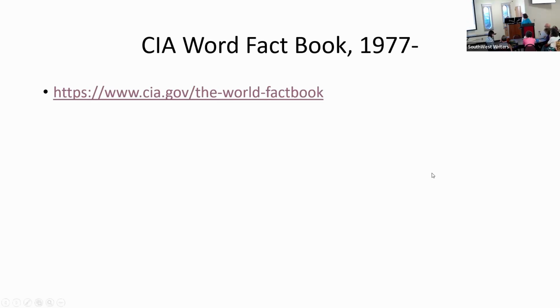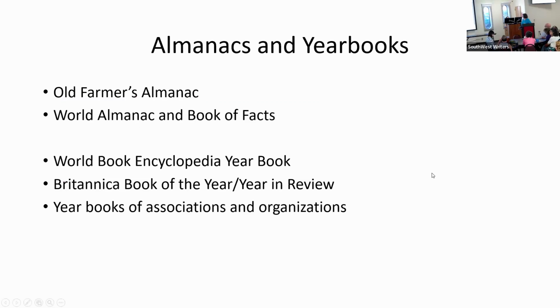The next category are almanacs and yearbooks. And by almanacs, there's a couple of titles. They do what they say they do. The Old Farmer's Almanac has a different sort of perspective from the World Almanac. Various libraries will have different titles. So on all of these things, you go to the library, you say to the librarian, I'd like to see an almanac. They'll give you what they've got, and they'll all be good.